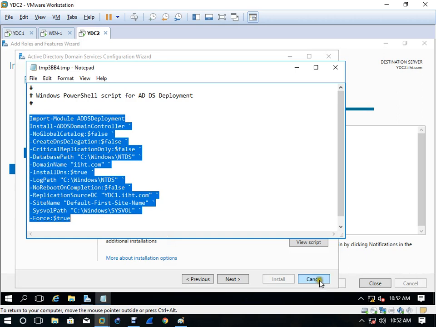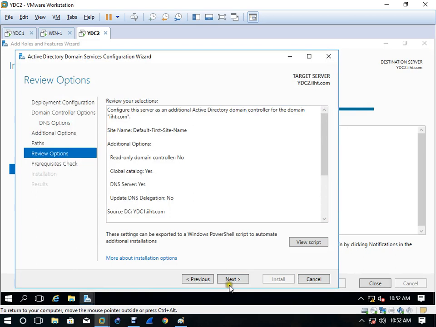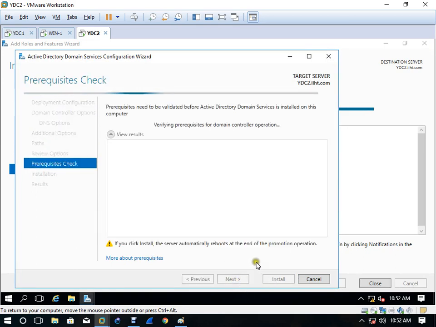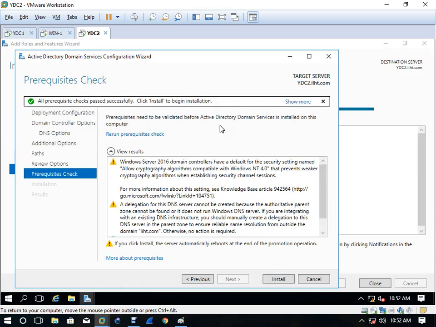If you cancel also, cancel from here and copy and paste this into PowerShell, and it will all work. Click next. So here it is going to verify all the prerequisites. Click install.